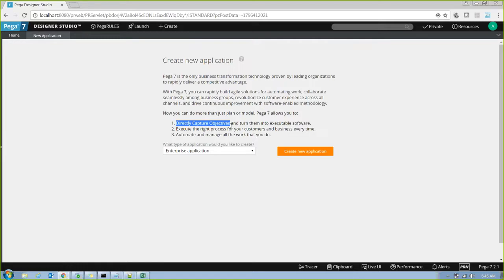In order to avoid that, in Pega, we do the requirements gathering and develop the product in the same tool. So the gap is reduced completely because I have my flow diagrams in front of me when the requirements gathering is completed.